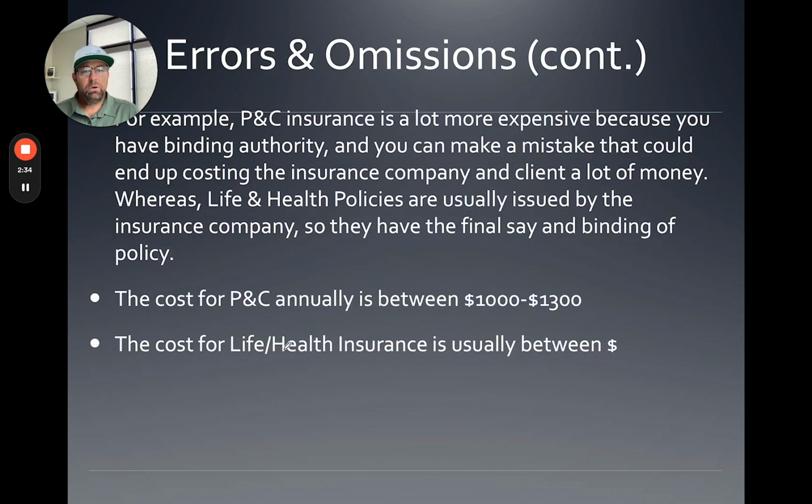So you're going to notice that the property and casualty E&O is a little bit more expensive because you're able to bind coverage. Now it says annually $1,000 to $1,300, and that's for a new person. But you got to understand, it really depends upon the line of insurance that you're writing. So auto insurance, homeowners, commercial, and these are all individually underwritten, which is why we asked that question in the application. Now you'll notice I left this right here, life and health usually cost between, I left it blank, and usually it's probably going to come in at about $500 to $600,